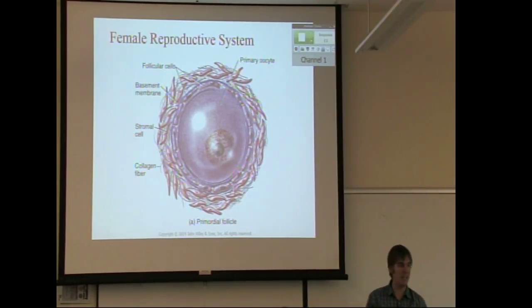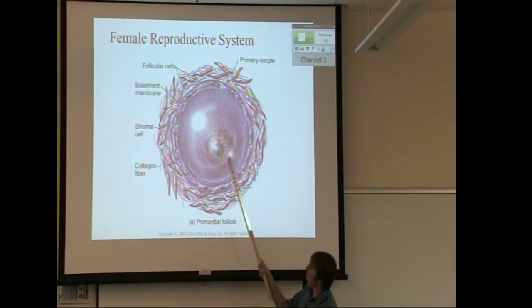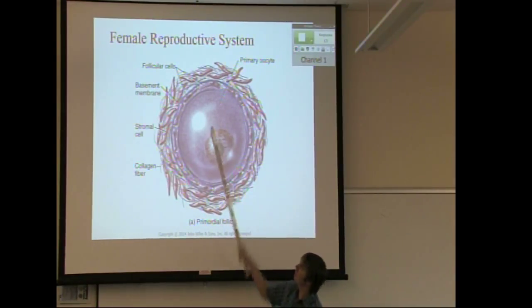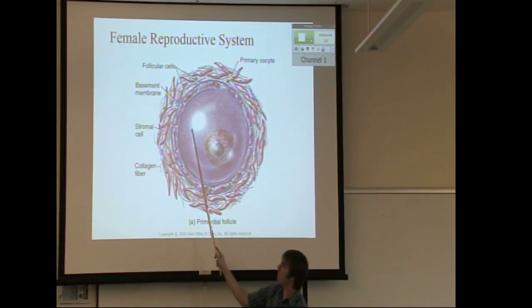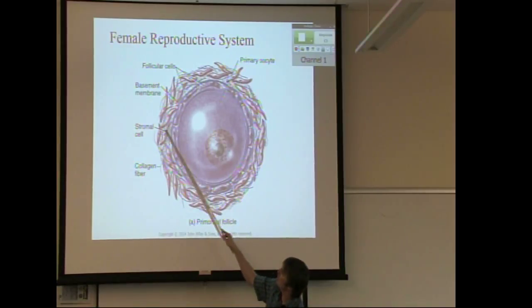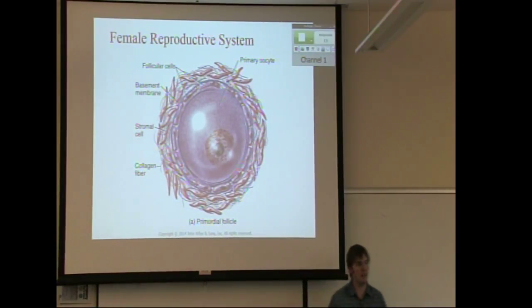All right, so you looked at it. What do the follicles look like? What are they made of? So a primordial follicle is pretty small. There's the little halfway developed oocyte inside, and then it's surrounded by follicular cells, which secrete this fluid. And then outside of them are the stromal cells and collagen. So they're a kind of fibroblast, like connective tissue, basically around it.